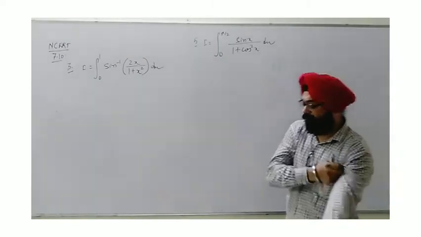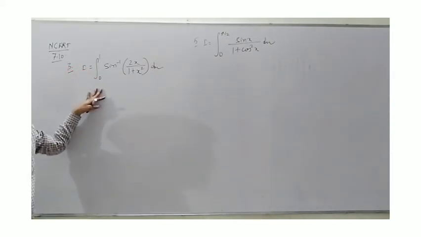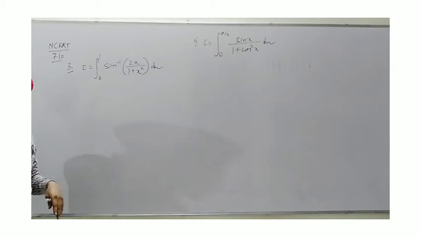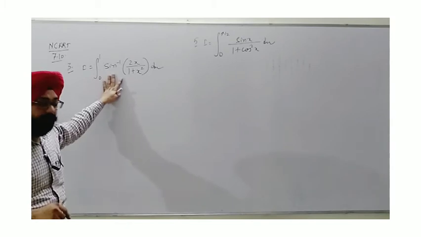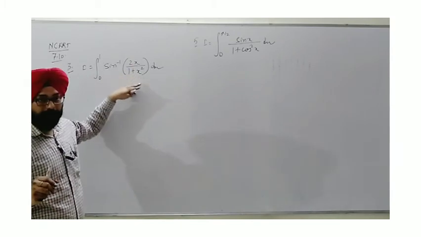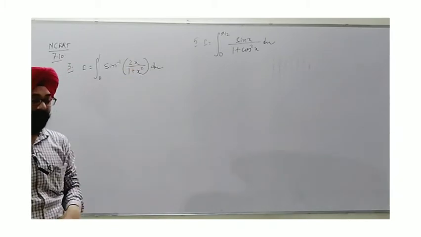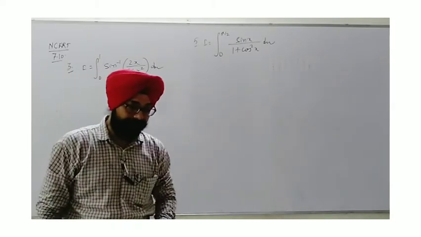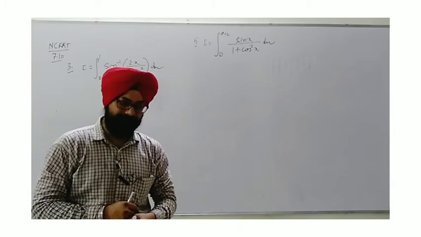The question number 3 of 7.10, which I have taken, is generally raised by students. This is how to solve the integral of sin inverse 2x upon 1 plus x square. I have always told you, whenever we have an inverse trigonometric function, in general substitution will be used. Like here we need to apply the pattern, 1 plus x square I see, so the identity of tan theta. So x can be substituted using tan theta, and then further the by parts method is applicable.